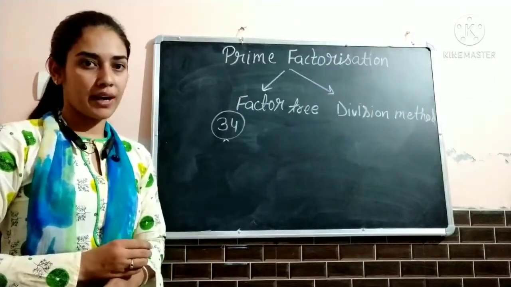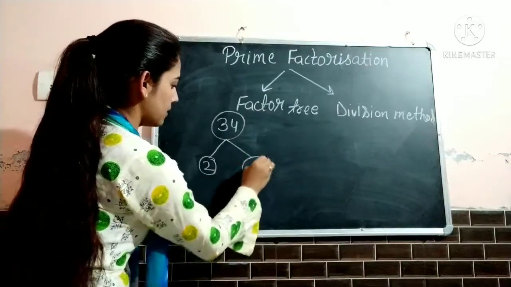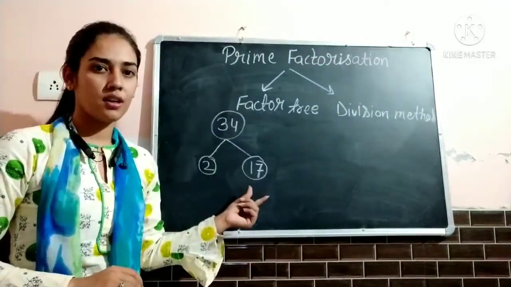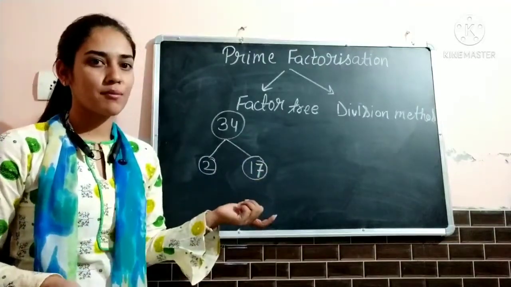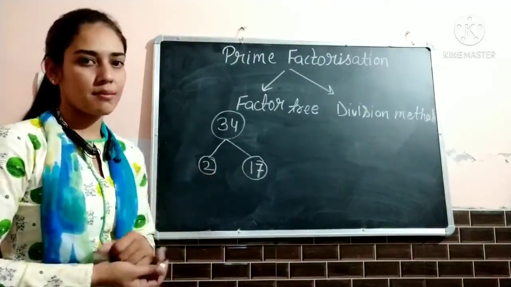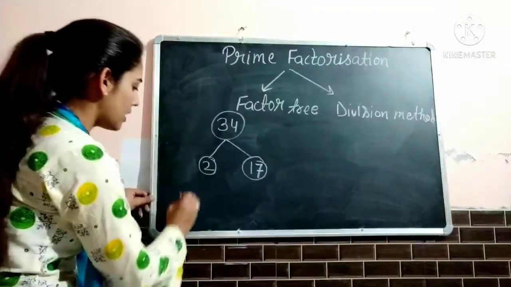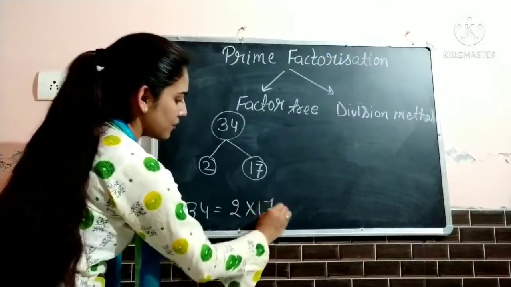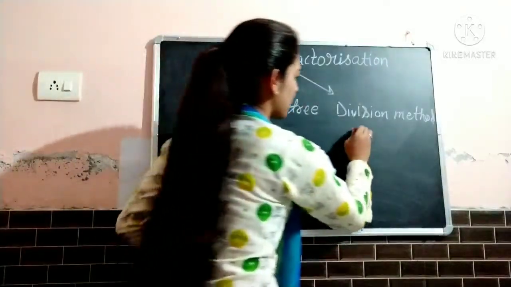Now we will divide 34 by 2, and 2 seventeens are 34. Now look here, 2 is a prime number and 17 is also a prime number. No need to break the number again because 17 is a prime number and 2 is a prime number. So that's all. So the prime factorization of 34 is equal to 2 into 17. If you multiply these two numbers, then you get 34. Now let us do the prime factorization through division method.